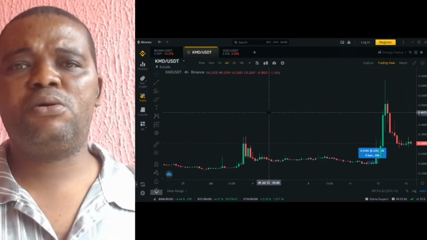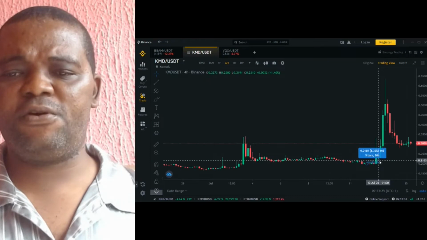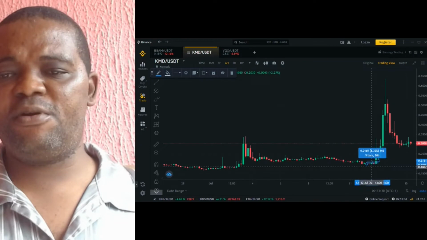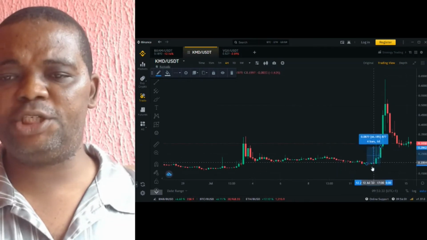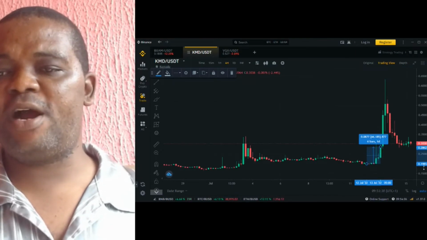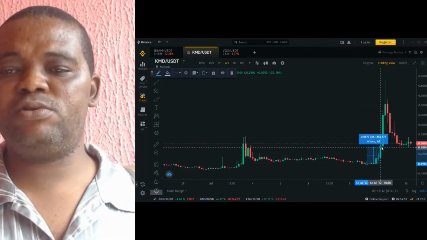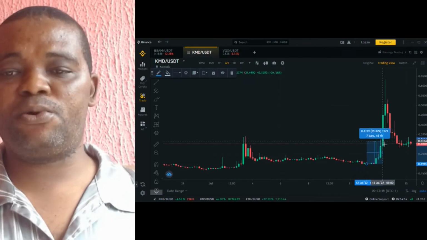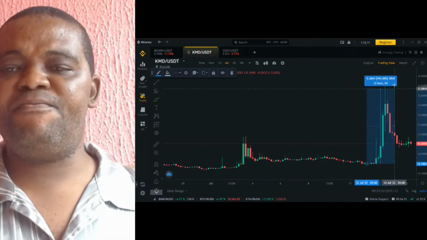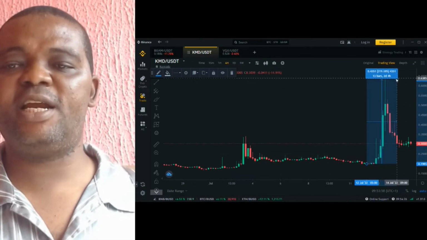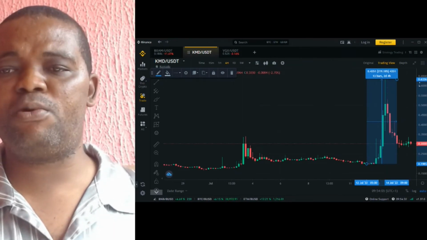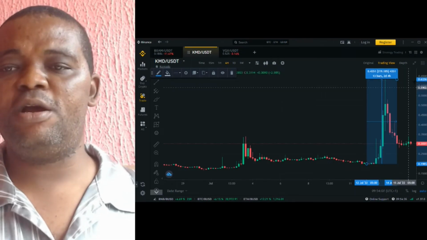The most current bullish trend section of the KMD USDT cryptocurrency pair started from the lowest price of this green candlestick bullish trend starter, which is $0.1985, and bounced up by 67% and then dipped back down to 38%. And finally, it bounced up by 219% to complete its standard circle of a bullish trend operation at the highest price of the bullish trend, which is